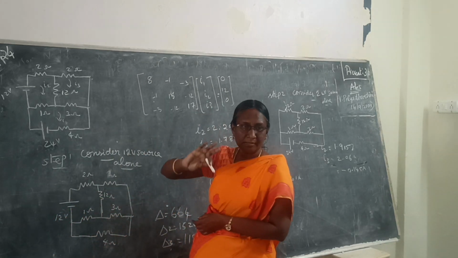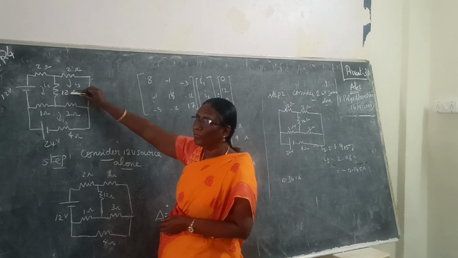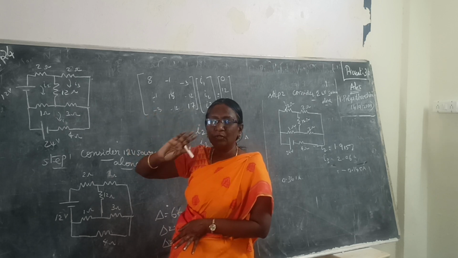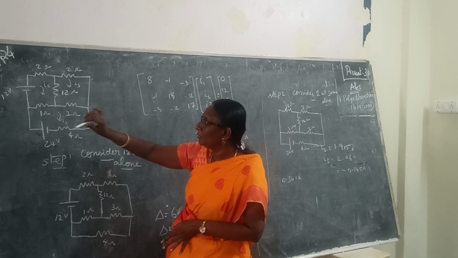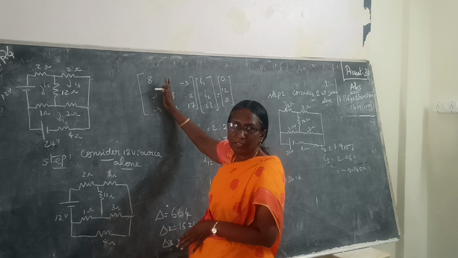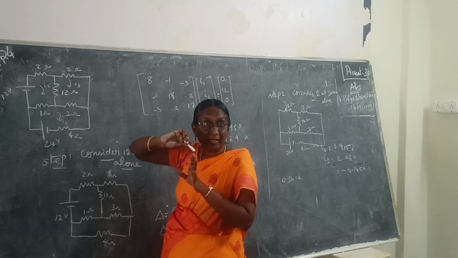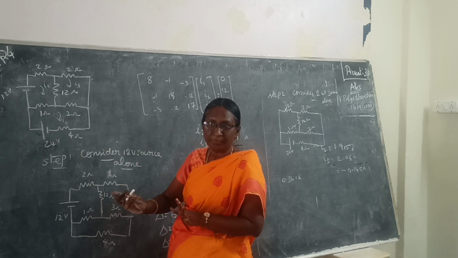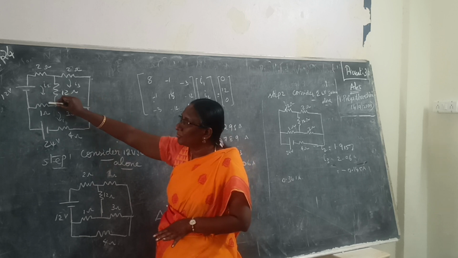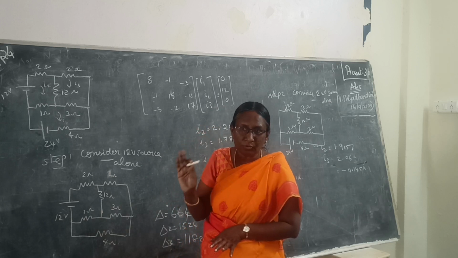Superposition theorem. The question is, all of you listen. The question is, find out the current to 12 ohm resistor using superposition theorem. If not, if they just ask to find the current to 12 ohm resistor, you are writing the equation for the circuit, framing the matrix for the circuit, and using it you find the current to 12 ohm resistor. If no method is mentioned, the current to 12 ohm resistor is I2 minus I3. Thus you are going to find I2 minus I3, that is the current to 12 ohm resistor.